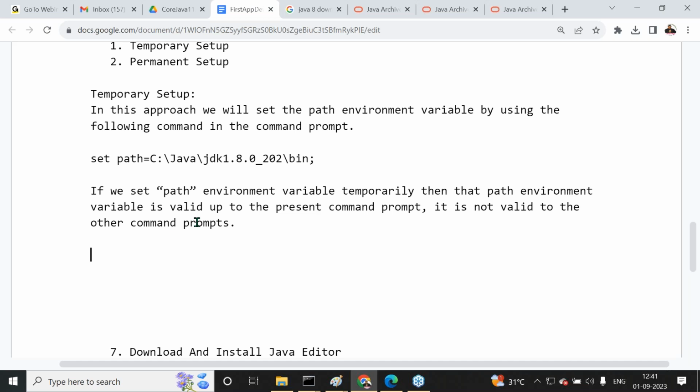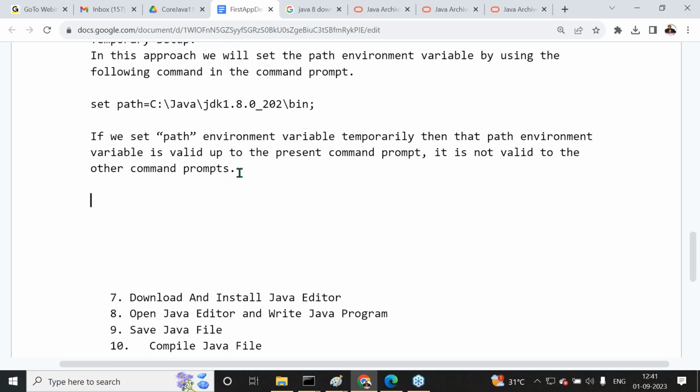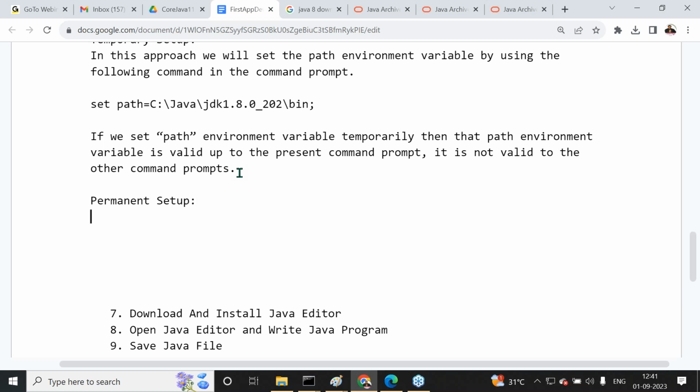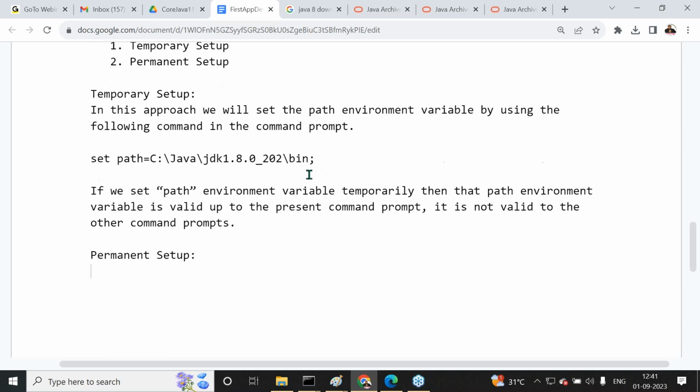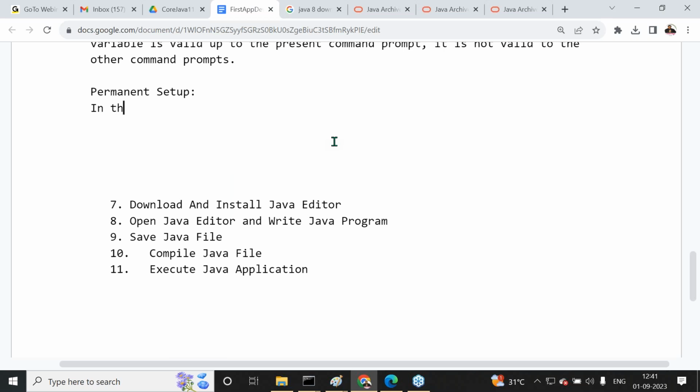Yes, sir. All of you get my point or not? Right, sir. But so now to overcome this problem here, what we have to do? We have to go over the permanent setup. Permanent setup. Path environment variable in a permanent setup. In permanent setup, what we will do now in this approach, one time if we set